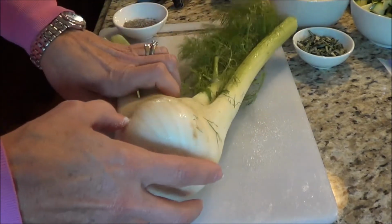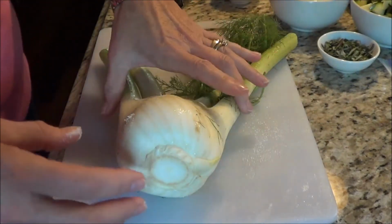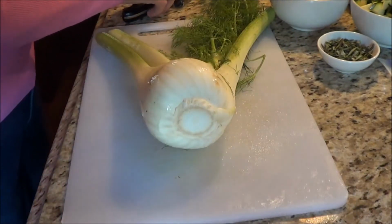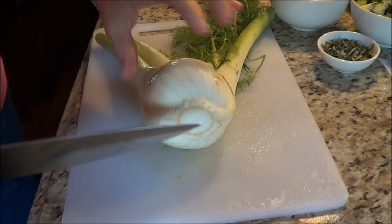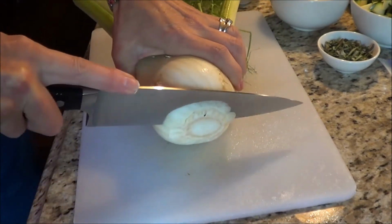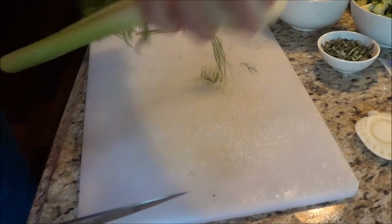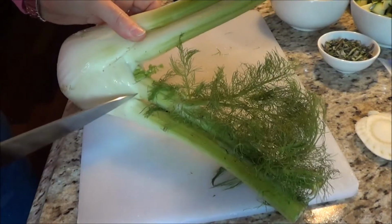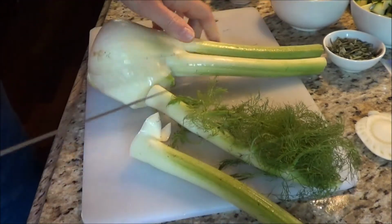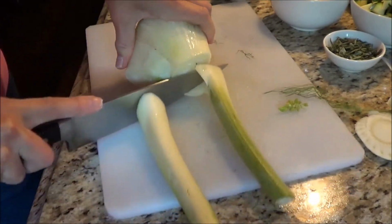Now the next thing, I have a fennel. These are going to be some of the vegetables that we are going to be using. So I have my fennel and I'm just going to demonstrate how to cut it up. Now this is where your root is, the core. So I'm just going to slice off the end, and then we don't eat this part, so I am just going to cut off them,